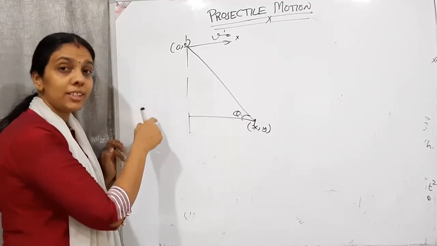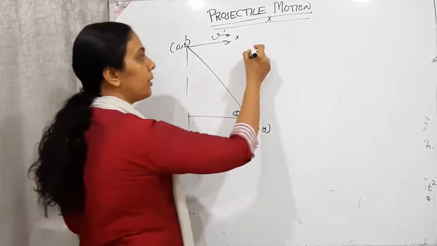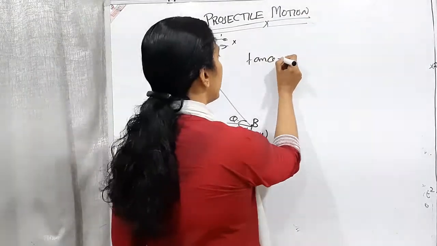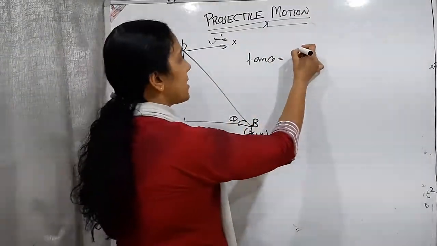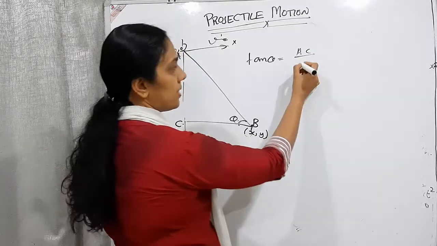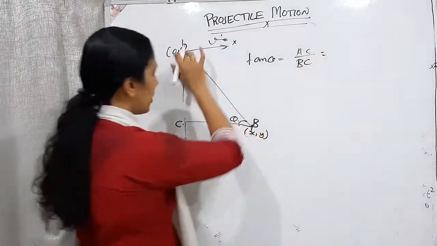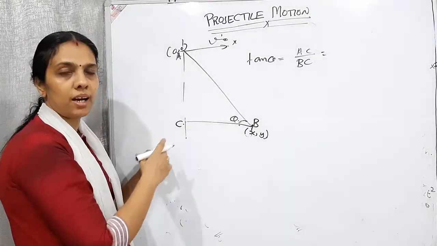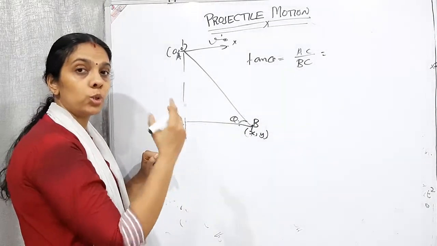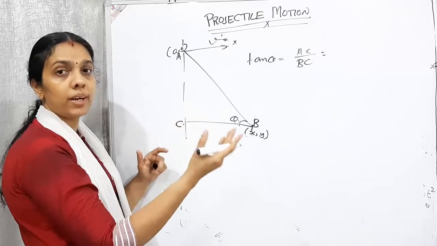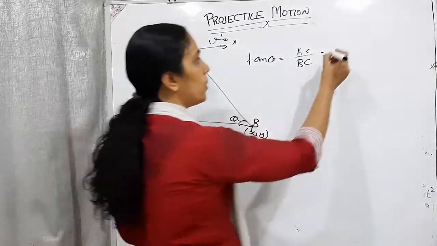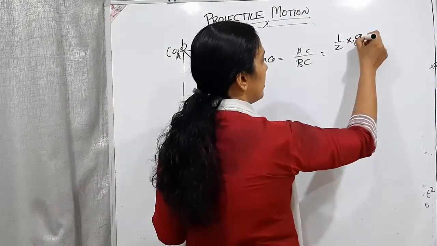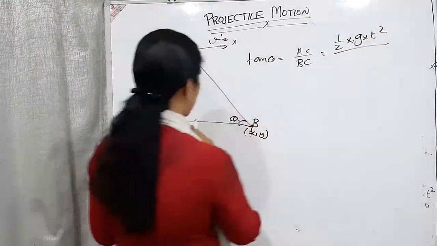So remembering the first problem which we did today, how can we use tan theta? Tan theta equals opposite side AC divided by adjacent side BC. AC, how will we calculate it, as the vertical distance. S is equal to UT plus half AT square. SY equals UYT plus half AYT square. UY is 0, therefore half into AY, which is g, into t square, divided by BC, which is